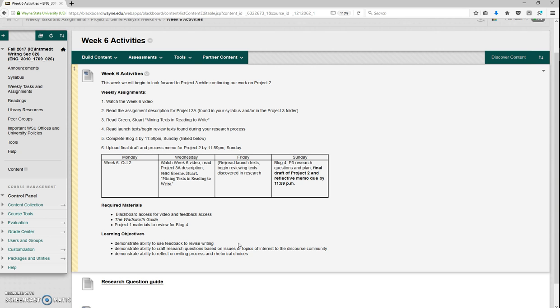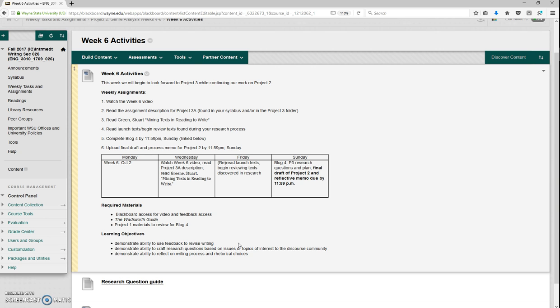Now, I know that seems like a daunting task, but really, you've already started to do this. You've identified major topics in your field. You've talked about what you're interested in. And so now I want you to think about where those two things might intersect. Where do your interests intersect with some major topics? Or if you're looking at the major topics in your field, what about them interests you? And it all starts with this idea of being curious about something. We wanted to ask questions about something.